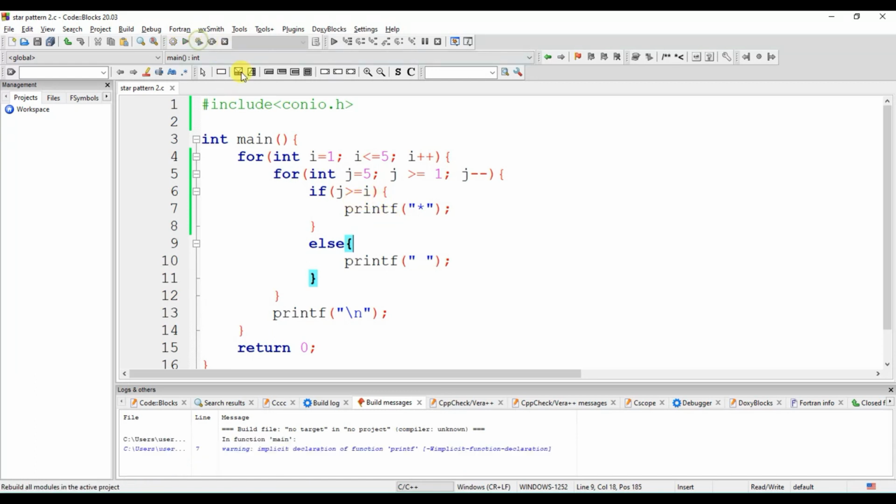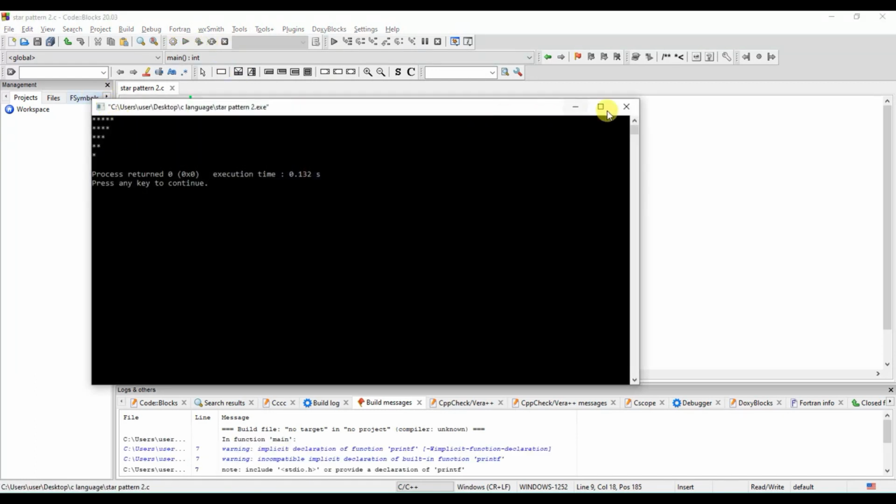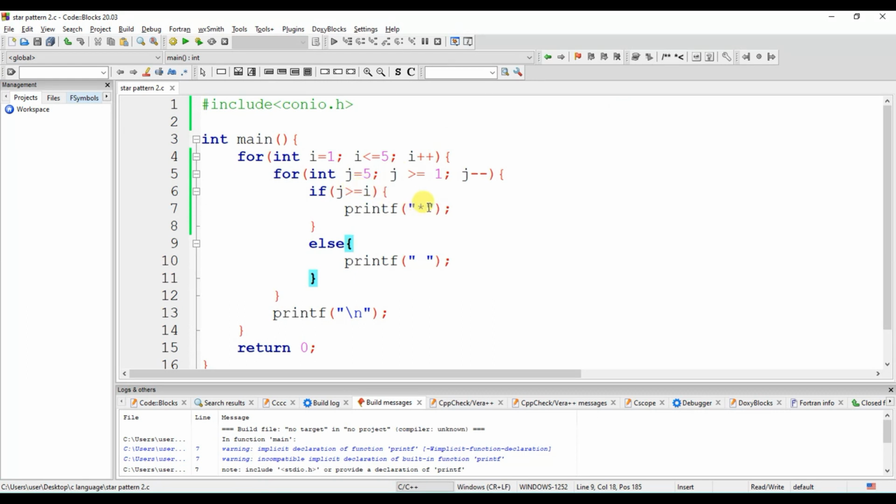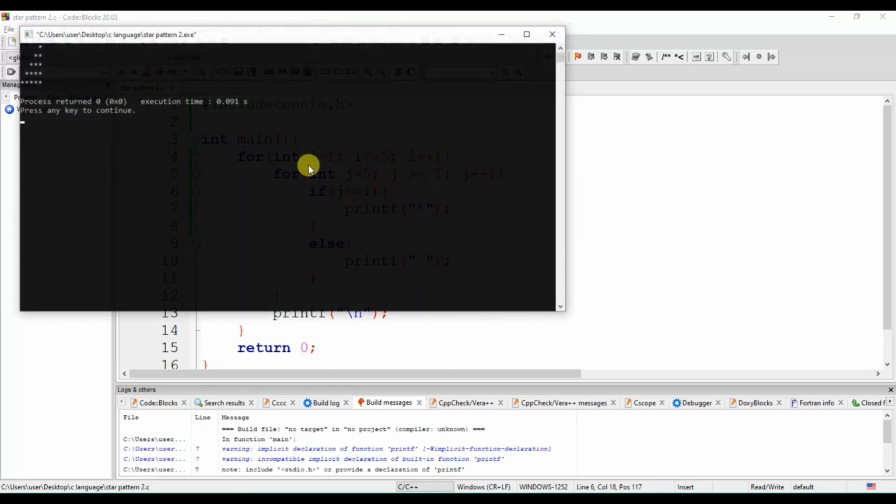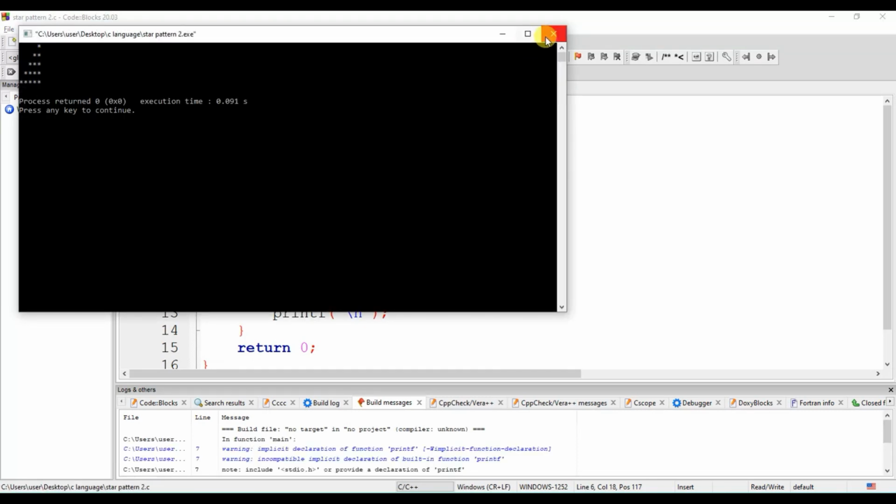So how can we print the space? Okay, so what we can do, we need to make it small, and these spaces are printed now.